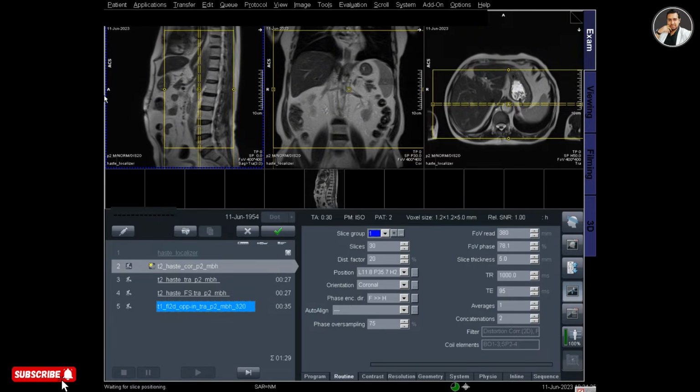And now I have to plan for the T2 HASTE coronal, that is the first proper protocol for abdomen.